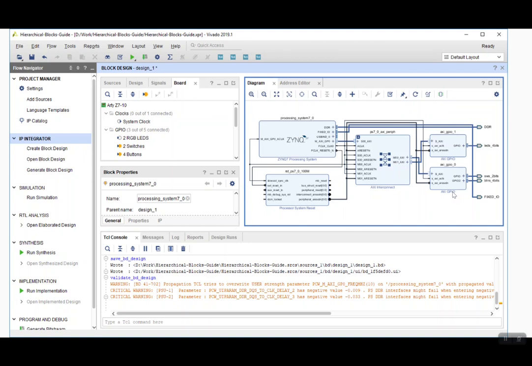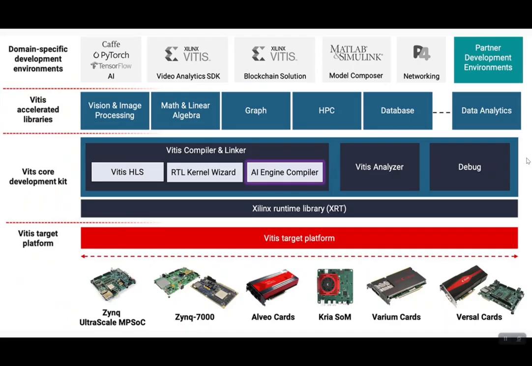Having this knowledge, I think, will be very, very beneficial in the industry. We will also explore the PS side of the tool from AMD Xilinx, which is called VITIS. So we will explore the VITIS side of the toolchain from AMD Xilinx. And this is a very good diagram, I really like this. As you can see here, VITIS is used for so many